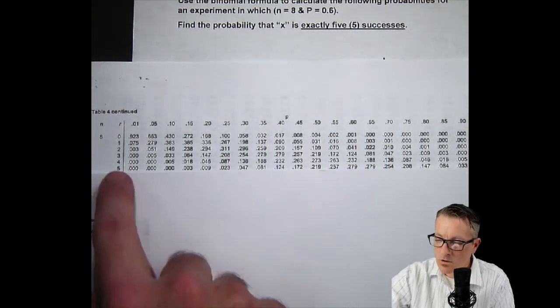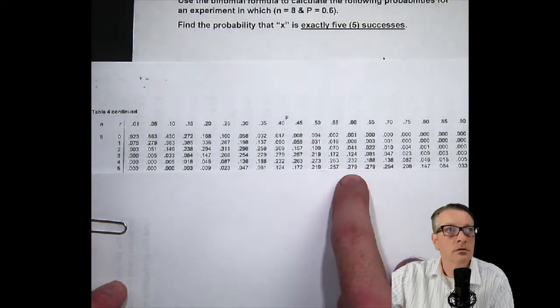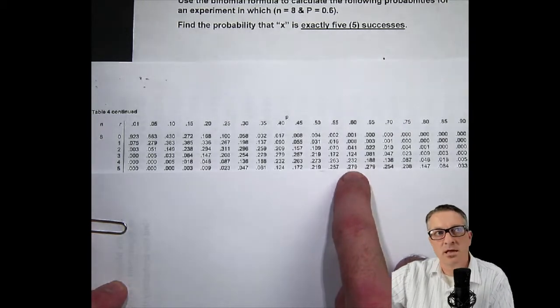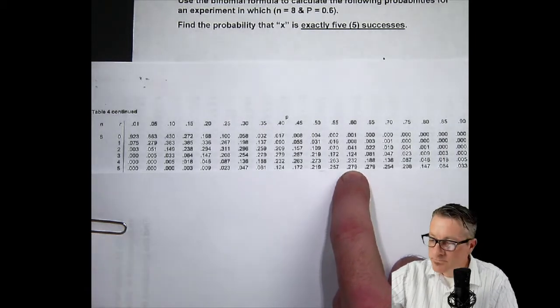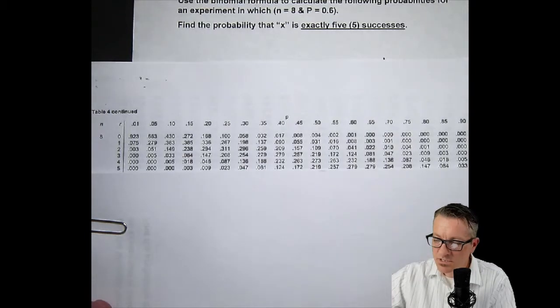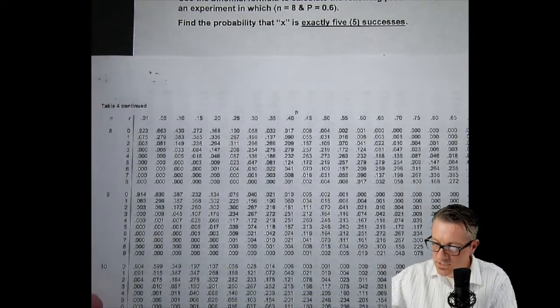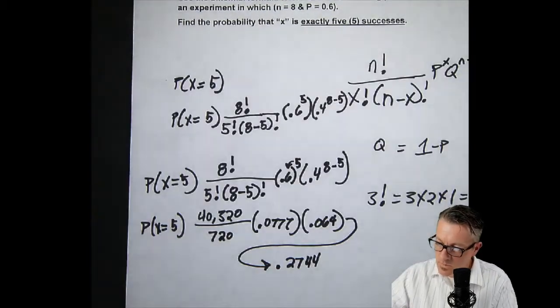So we go over to 0.6, and our answer, it's a 3-digit. They may have rounded. It's 0.279. So 0.279, 3 digits. And remember what our answer was? Our answer was